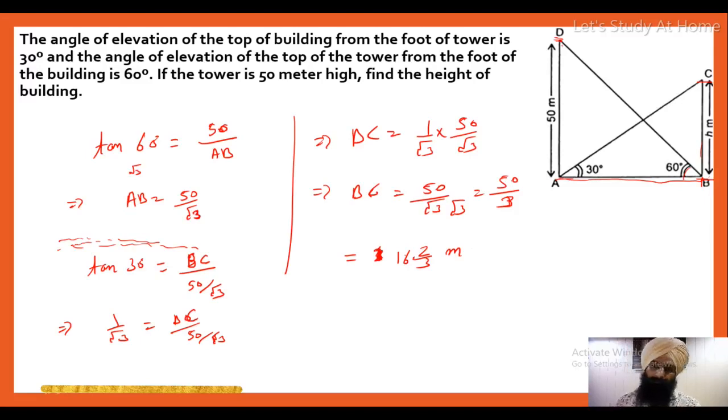Okay, that's all. One thing you should be clear about: you have to think firstly what you want to find. After that make a plan in your mind how to find it. First of all, we want to find the height. We should know at least one side. Hypotenuse has no role here. So base we will find from the other perpendicular.